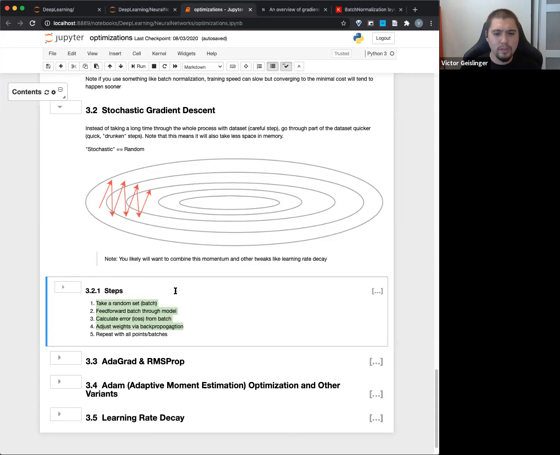Because, so real quick, pop quiz. Of all these steps, obviously number 5 is just repeating it, but of all these steps right here, what takes the longest time? What's the thing that makes neural networks take a long time to actually get to an answer for an epoch?